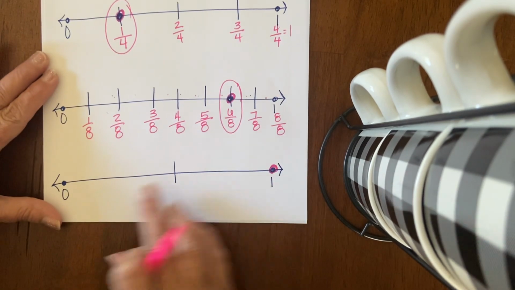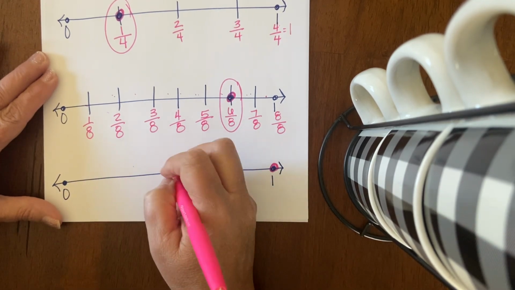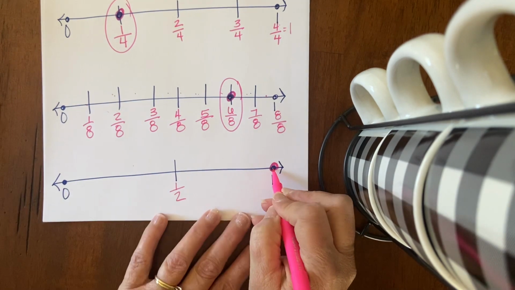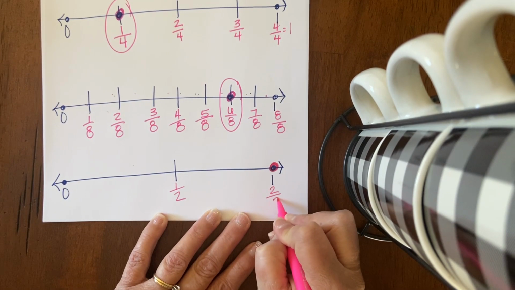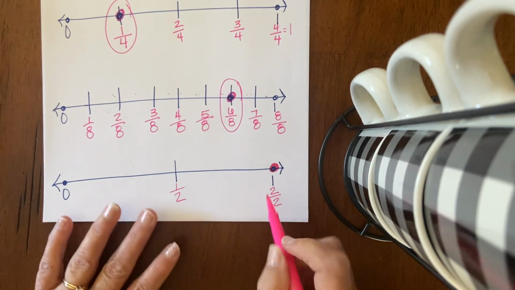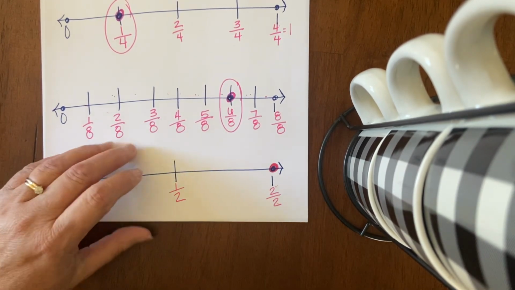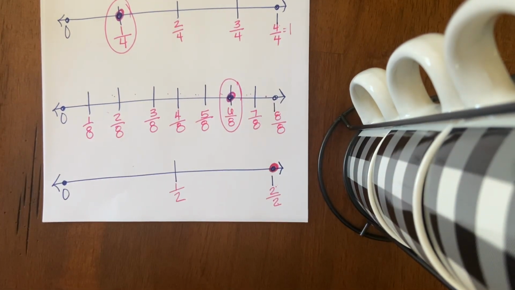The last example, I have 2 equal parts, so halves. This would be 1/2, and then look at this one. It's asking for the fraction of the whole. That is 2 halves. So anytime numerator and denominator are the same number, it is going to give you 1 whole. That should wrap up what you're doing